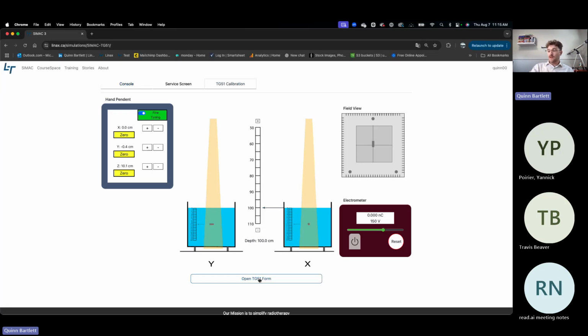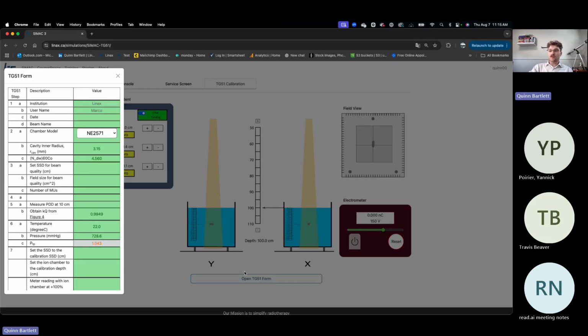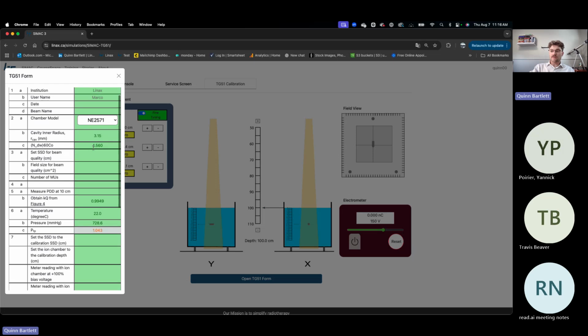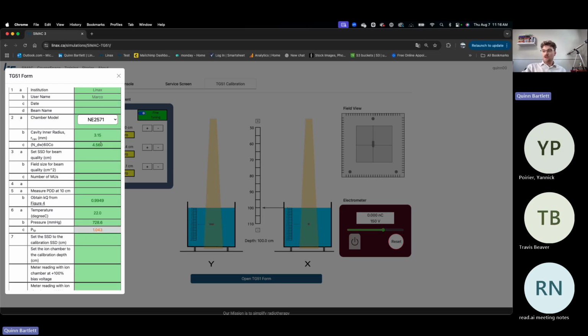Well, I guess I'll explain it further. We have our TG51 form here as well, so maybe this could be a part of your setup. We've copied the real TG51 form here, so this is still a part of your setup. We want to choose our chamber model. We have a couple different chamber models to select from, and we can put in our username, date, and a beam name,